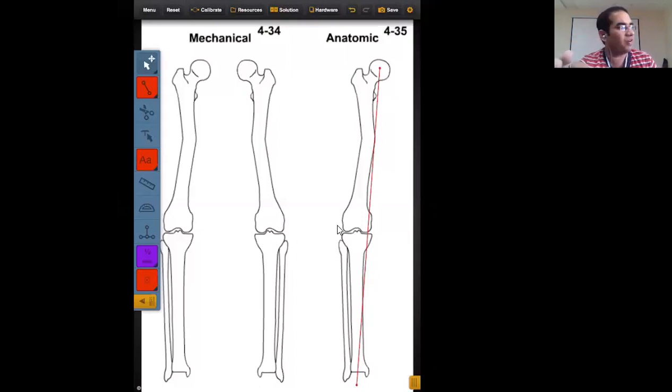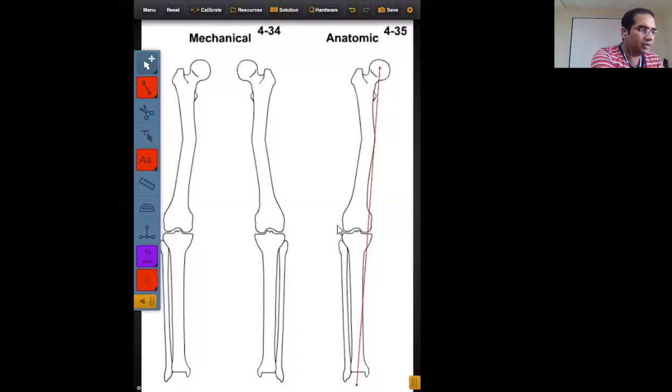Usually, more than 25 degrees, it is very difficult to correct acutely. If the deformity is more than 25 degrees, it is recommended that you do it gradually. Don't do this much correction in a single setting. You might end up with neurovascular problems, and that much gap, if you want to fill it with bone graft, obviously it will have problems with union and other problems.